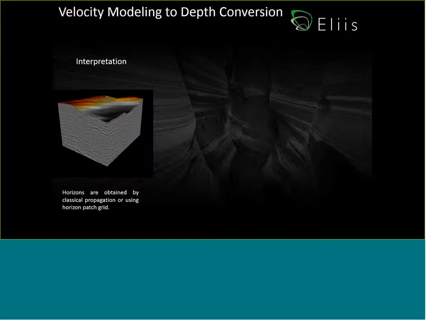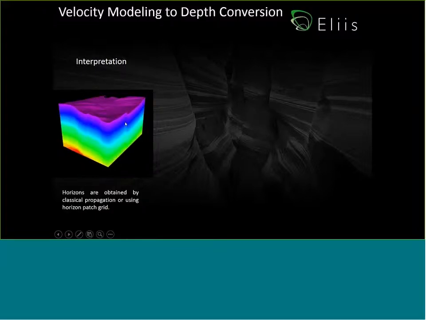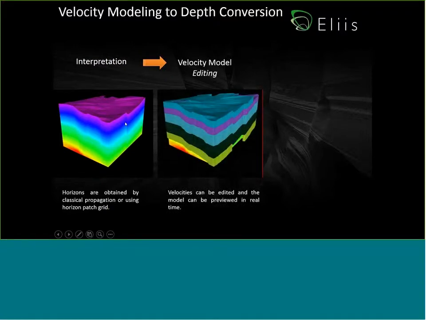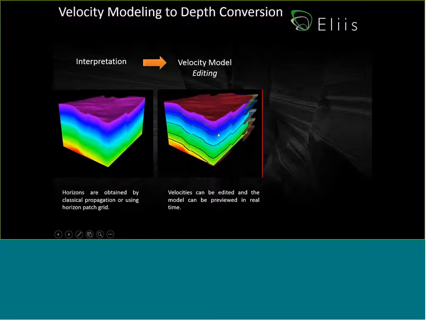A new feature also is the velocity modeling and the real-time depth conversion. In fact, at the beginning, you have your seismic, you do your interpretations thanks to the model grid, and then thanks to the 3D geomodel, like this. And based on this model, and thanks to the sequence stratigraphy, we can define a velocity for each layer. Okay, and then we can display, for example, like this. You have the horizons of the sequence created in the StratiViewer, and then between each layer, we can assign one velocity.